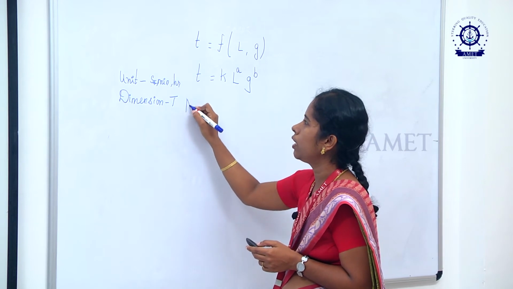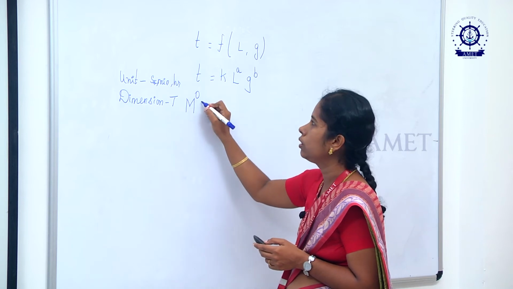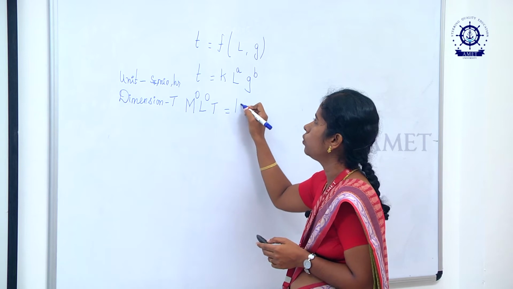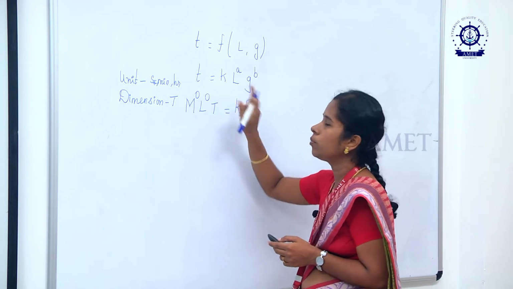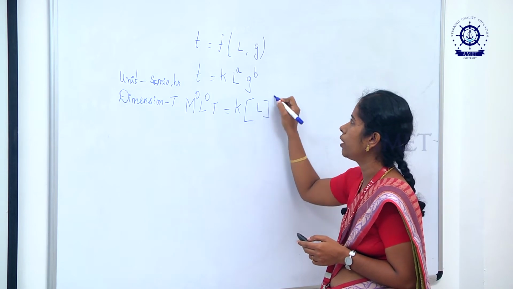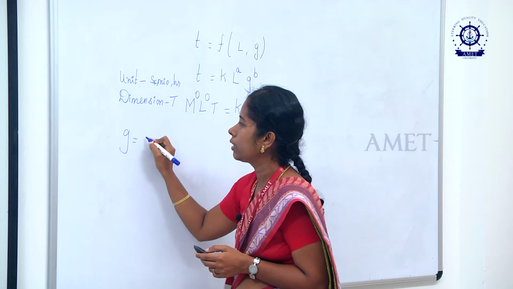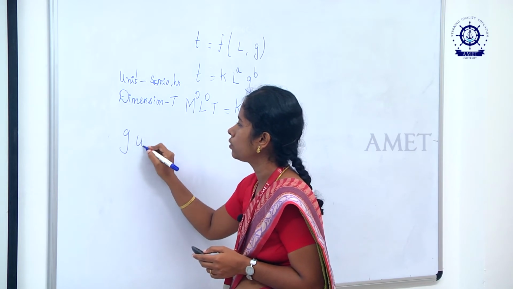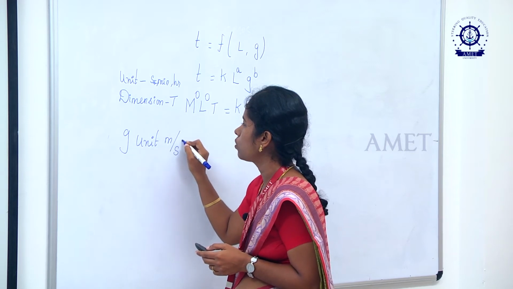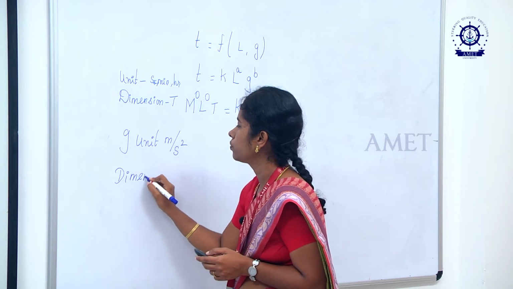So, I am writing m power 0, anything power 0 will be 1, L power 0 t will be equal to k into the dimension for length, already we have seen to be L, L power a. Acceleration due to gravity carries the unit of meter per second square. So, the dimension for this will become